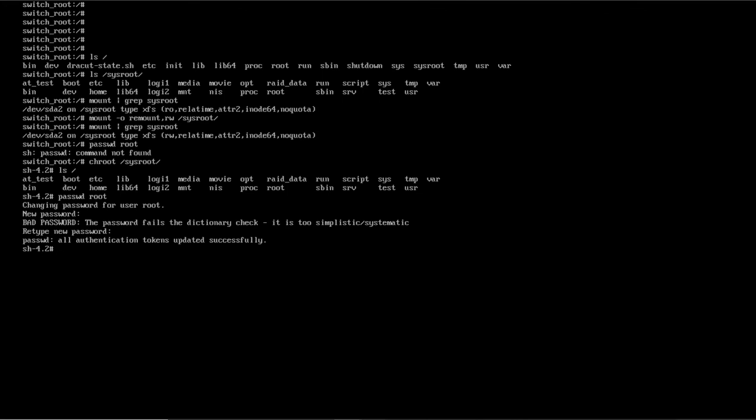Now you can run any command to fix your system, and when you are finished, you can exit from here. Before exiting, you have to do one more thing. Remember, there is an option here in RHEL 7 called SE Linux. SE Linux is actually a security program. It provides security to every file and directory, and for that it adds labels to every file and directory in our system.